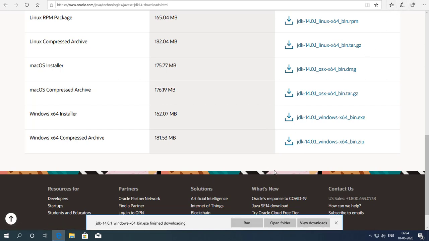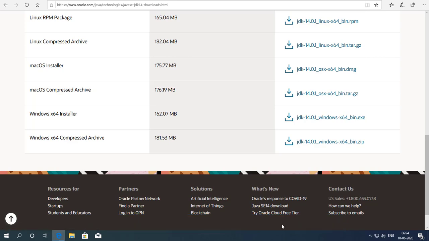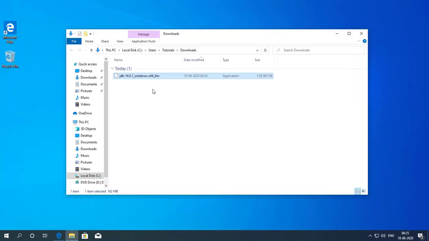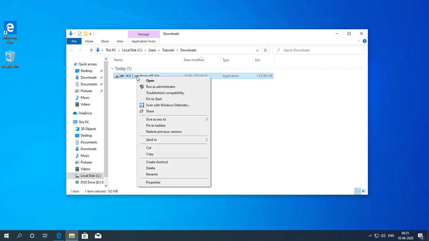So the JDK is now downloaded. I am going to the folder where it is downloaded. I am simply right clicking on it and clicking run as administrator.